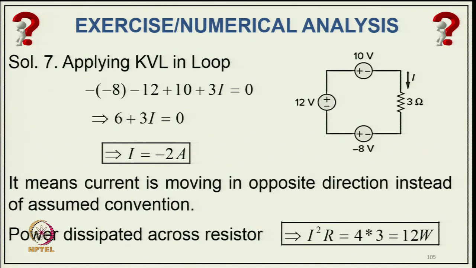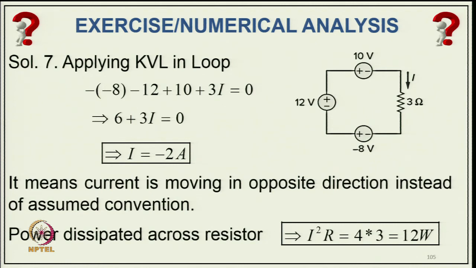So, minus 8, because it is written as minus 8 in the bracket, plus minus 12, because current is leaving at the negative terminal, plus 10, that is a positive voltage, because current is entering the positive terminal, and plus 3 I, the drop in the resistance. From which you can get 6 plus 3 I equal to 0, and I equal to minus 2 ampere, which means the current is flowing